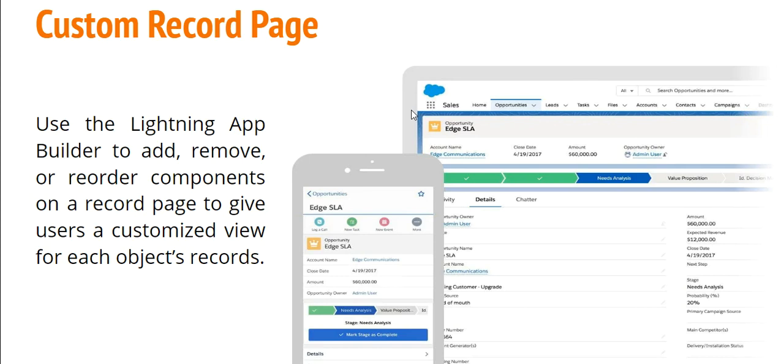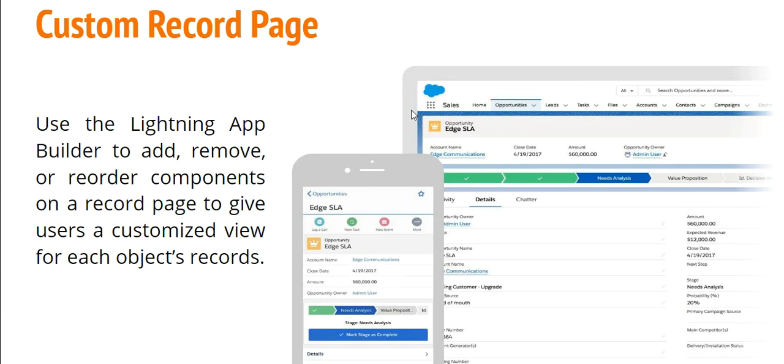Whenever we are on any object and we are seeing the records of that object, and we open any of the records, at that time we go to the record page.